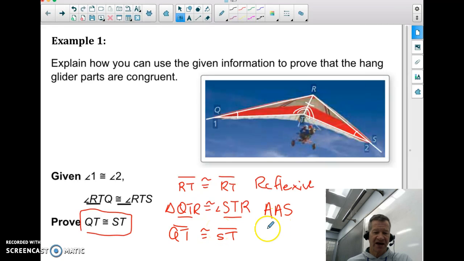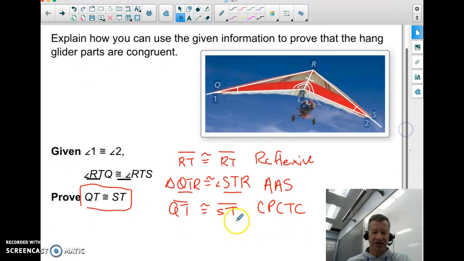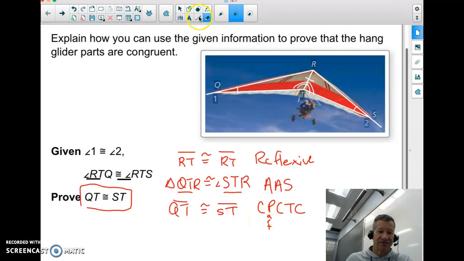And the reason for that, I'm going to make an abbreviation. It's called CPCTC. Okay, we use this in geometry, and it means congruent parts. I'm sorry, I screwed up already. Let me start over. Not congruent parts, it's corresponding parts. Sorry about that. Corresponding